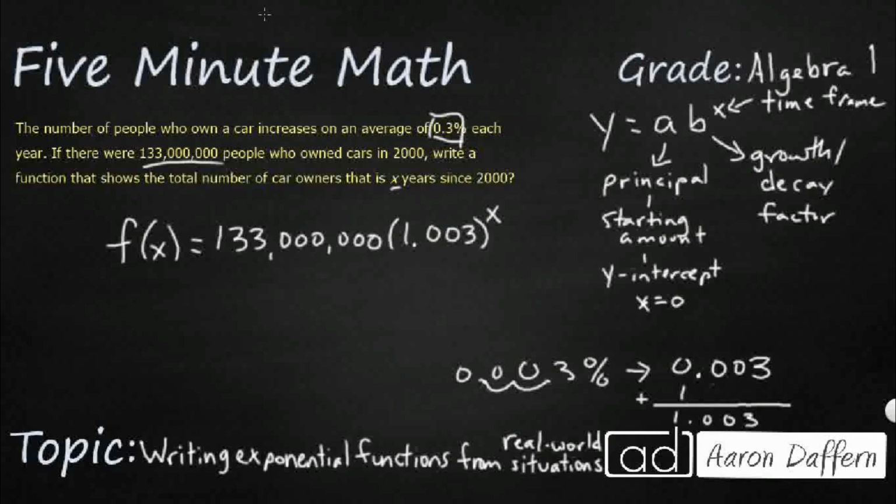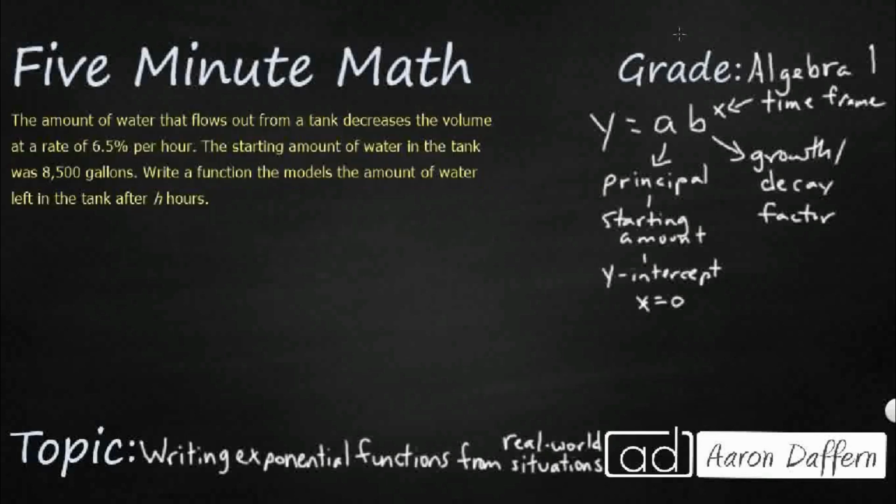Let's look at another example. In this case, we have water flowing out from a tank. We've got our decay rate there of 6.5% per hour, starting amount of 8,500 gallons. We'll write a function that models the amount of water left in the tank after h hours. So let's write our function. f of h